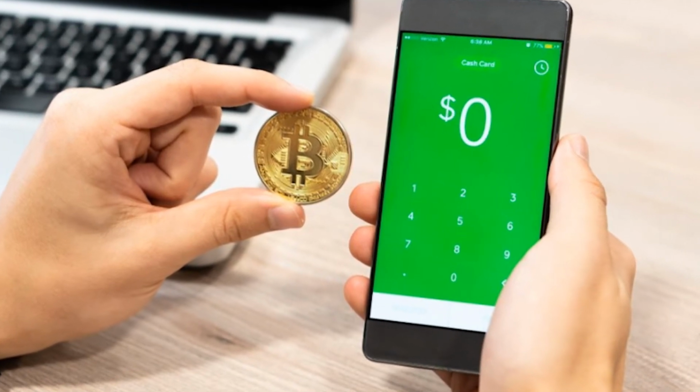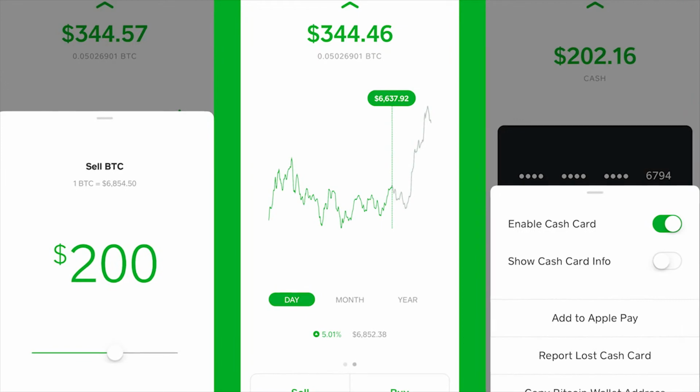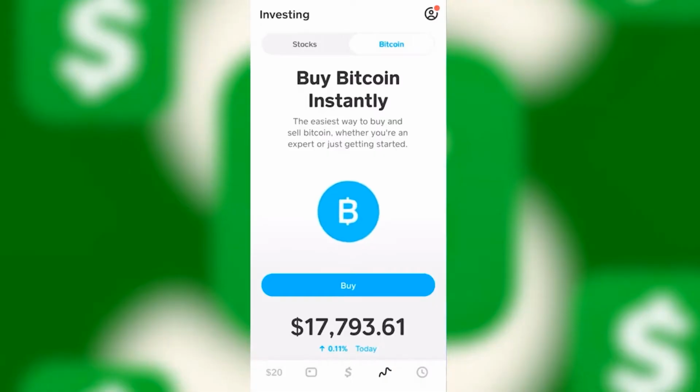How to buy Bitcoin from Cash App. Buying Bitcoin is very simple with this application. In this short and simple video we will show you the steps you must take to buy Bitcoin from the